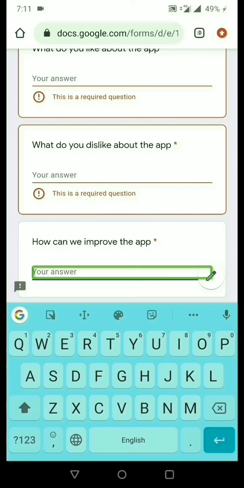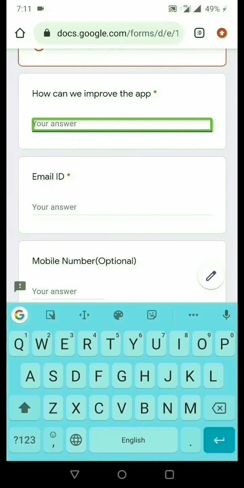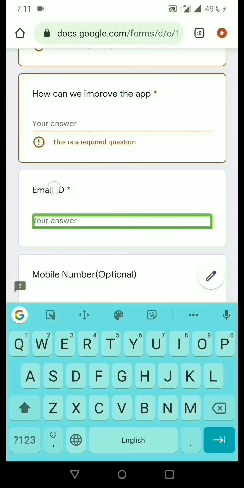Showing English UK QWERTY keyboard. Editing. Edit box. Error and valid entry. How can we improve the app? So if you swipe right from there, it will ask you for email ID. Email ID. Required question. Heading 3. Required question. So if you swipe right, you can give your answer. Editing. Edit box. Error and valid entry. Email ID. Required question. Edit options available. Use swipe up then right to view.